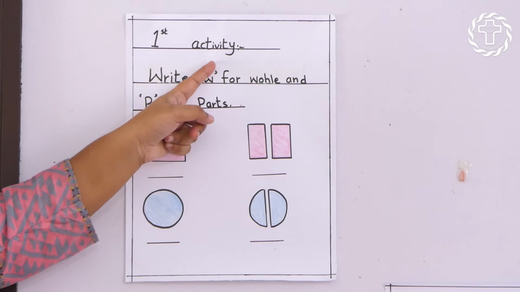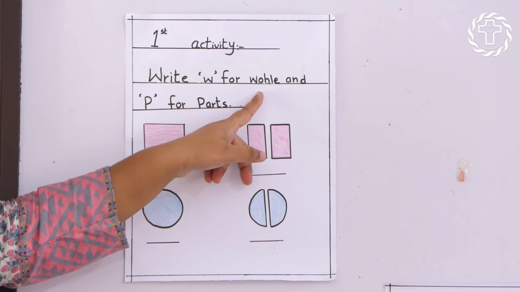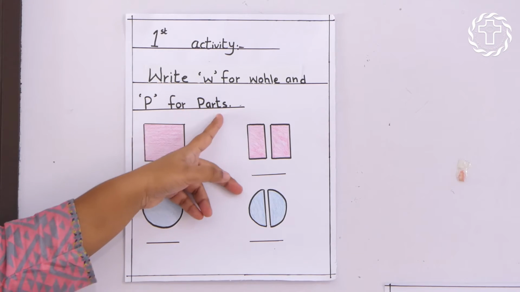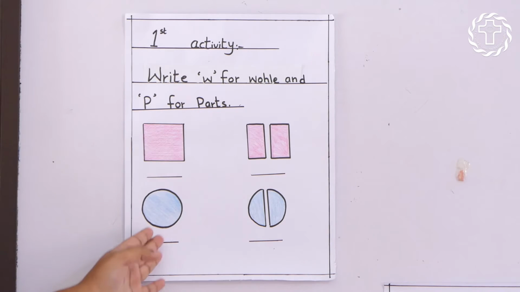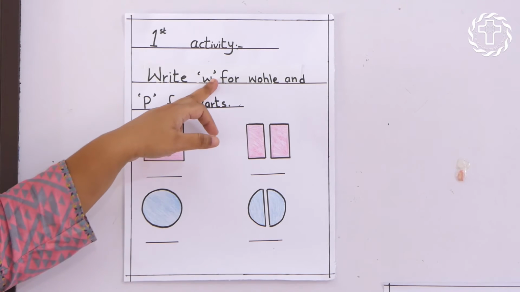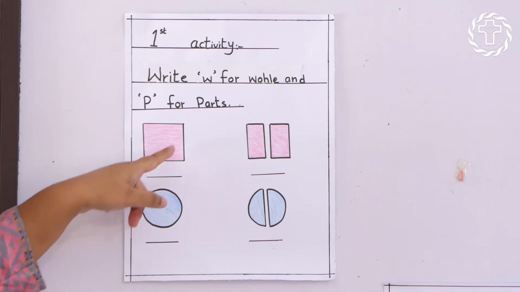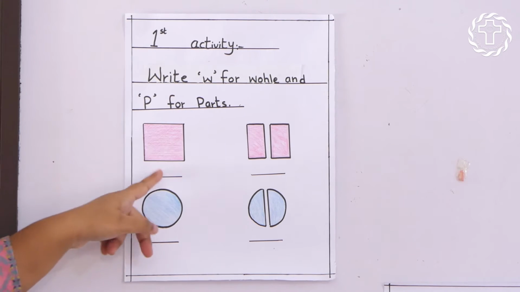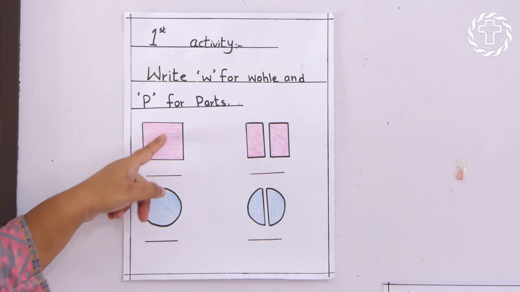This is your first activity. Write W for whole and P for parts. As you can see, these are the shapes, square and circle. And you have to write the letters, which are W and P. The whole one shows W and the part shows P. And you have to write